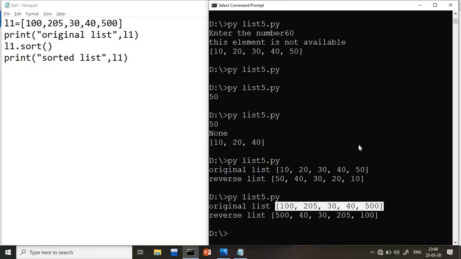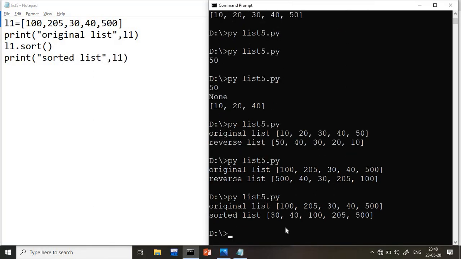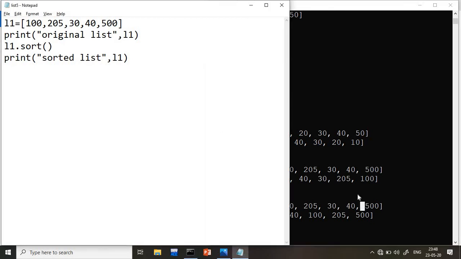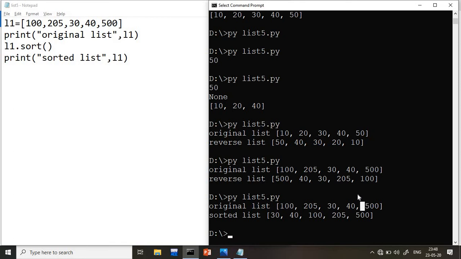After sorting, I am getting the list here. See, my values I gave 100, 205, 30, 40 and 500, and then I used the sort function and printed. So my values I got in ascending order. Ascending order means whatever values we give, it gives lowest to highest.